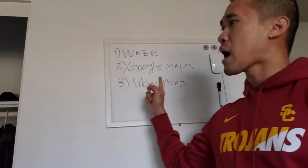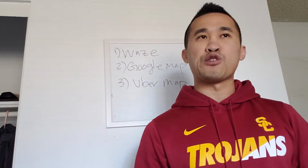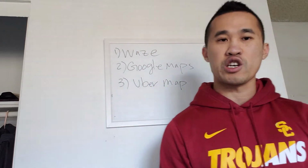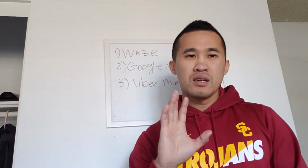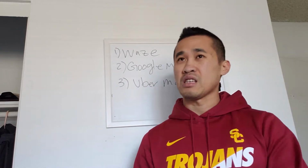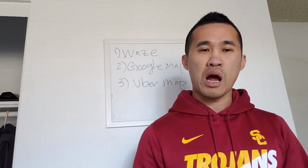But Google Maps is good because it'll take you through the main routes. It won't take you through the back routes or anything. So if you don't like going the back routes, or if you don't like taking different routes to one destination, Google Maps might be for you. And it's usually pretty accurate with its ETA,